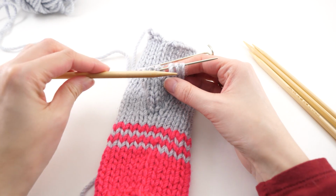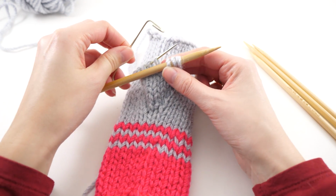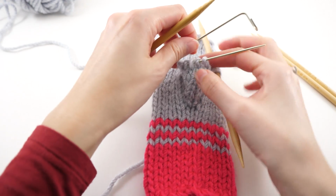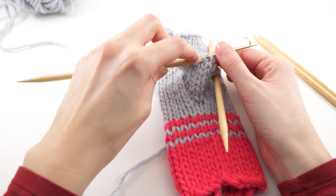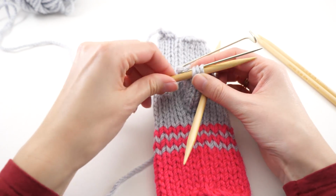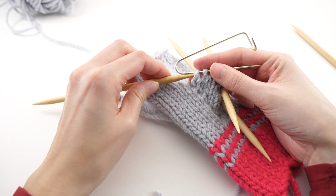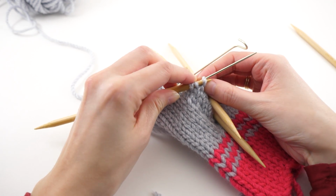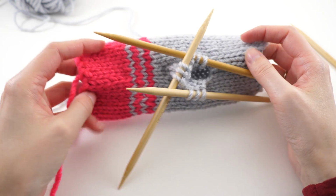So I'm going to isolate these first 3 stitches and come at it from this direction and just slide them on my needle, remove them from the stitch holder. And those are all set to go. You'll grab your next needle, isolate your next 3 stitches, then slide them on. And then the last 3. Okay, so we've picked up all 9 of our thumb stitches,